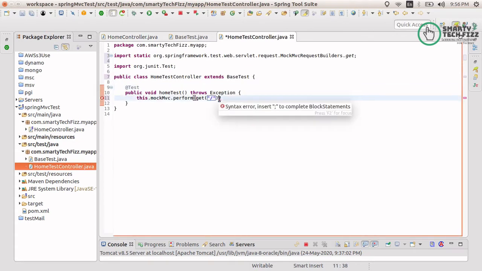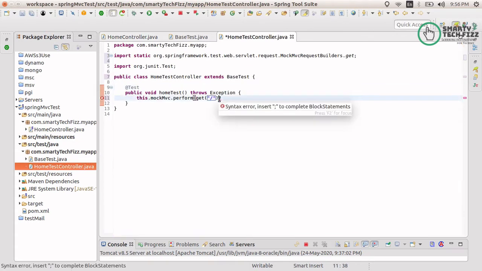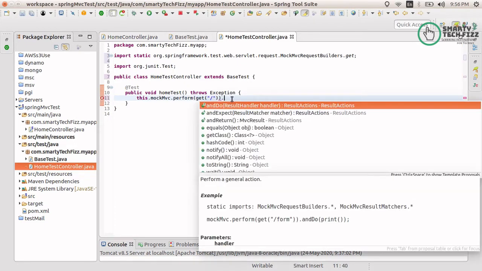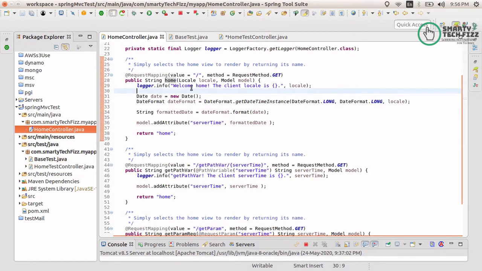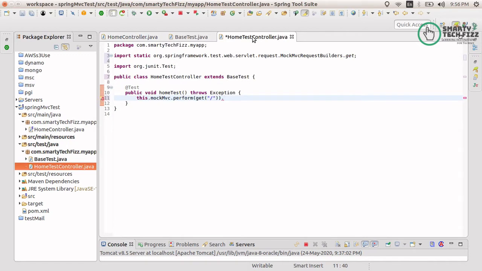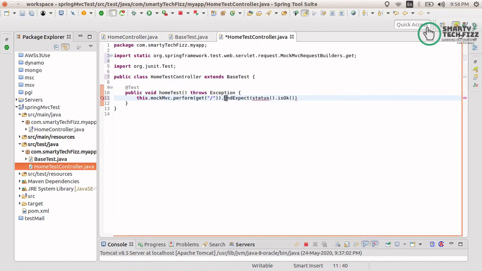So this is the home. Now you have to write what you are expecting from this controller. I am expecting that if it is running successfully, it should give the status okay, that is the 200 OK status. If your controller is sending another status, you need to write that. So andExpect status dot isOk.